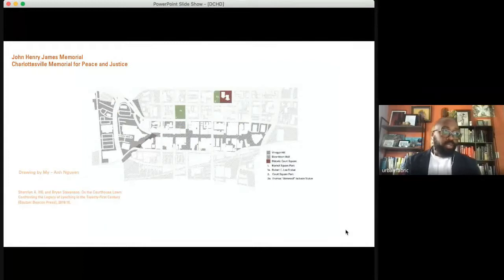Thinking about the location here, I was contacted by Siri Russell of the Albemarle County Office of Equity and Inclusion to think about a location for the marker. I'll show you where the marker from EJI, the Equal Justice Initiative, would sit in the city. But first, I walked and I sighted myself,